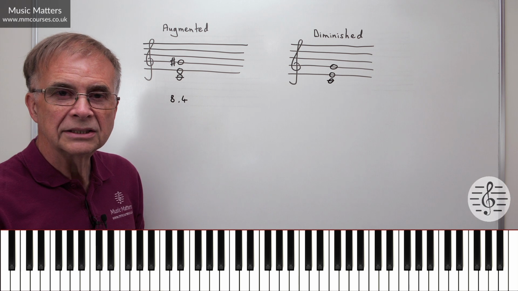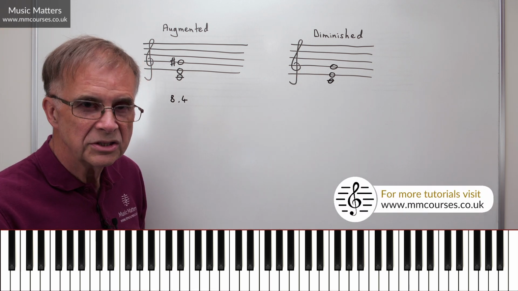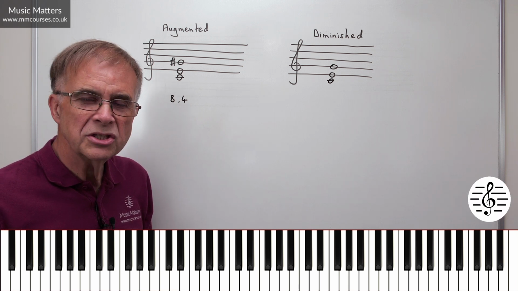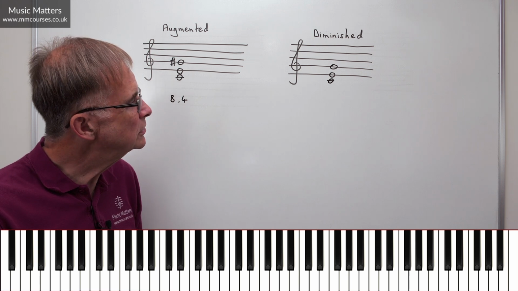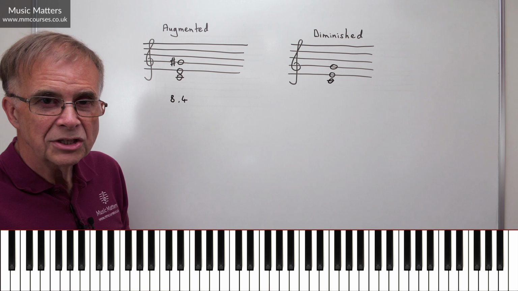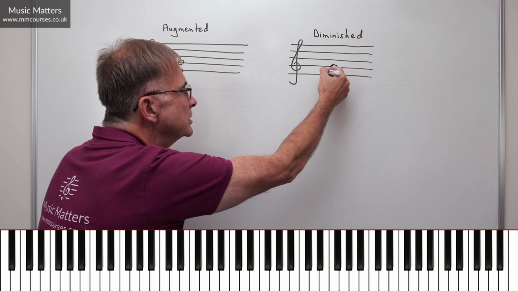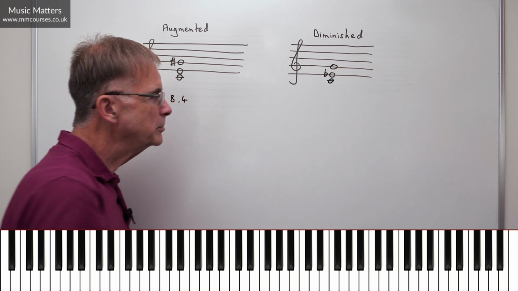So exactly as we talked about before, there's your major triad on C. Now if I want to turn that into a minor triad, that's the first thing I've got to do on the way from major. What we do is we take the 3rd and we lower the 3rd by a semitone. So E becomes E flat.